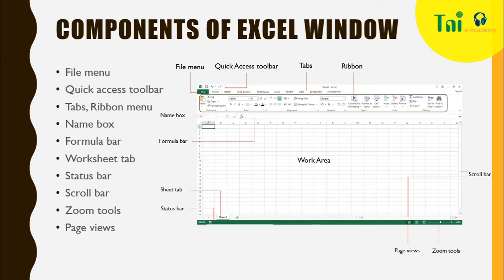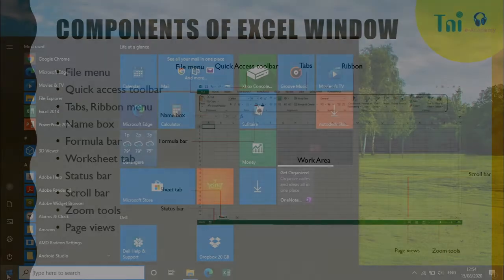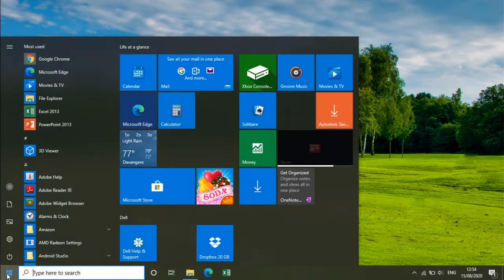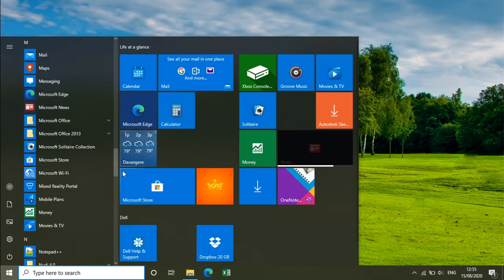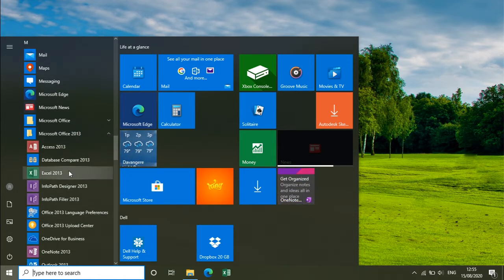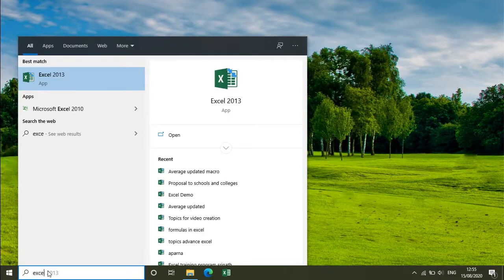So, first let us see how to open an Excel file and what are the components that are present in an Excel file. You can start Excel application by clicking on Start button and then selecting this MS Office application, and from which you can select MS Excel. So, this is one method, or you can just type the text Excel from the search box.